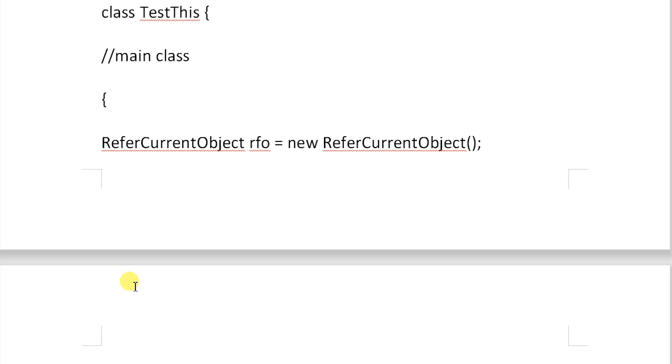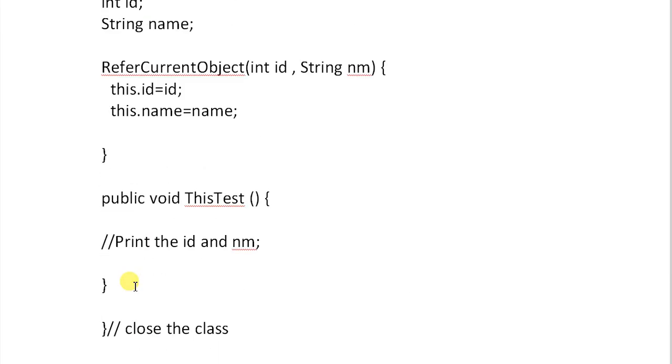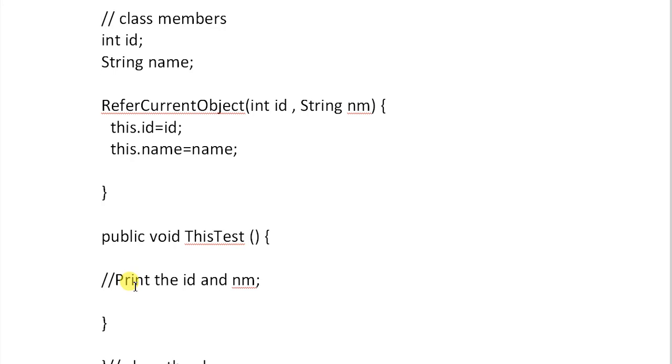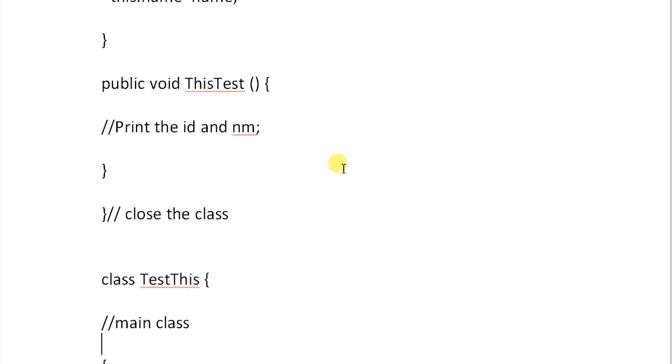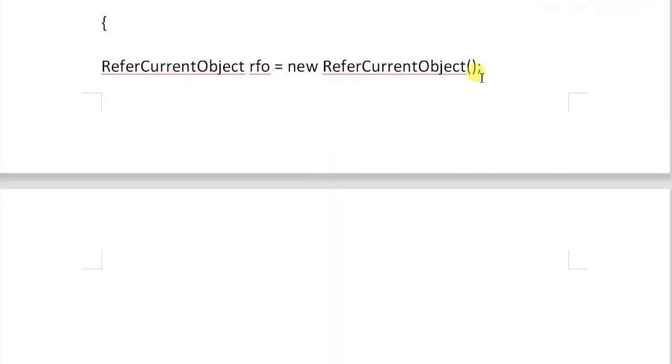Okay, so when we will initialize, we need to take care of the parameterized constructor, because we have used the parameterized constructor over here, where integer id and string name has been mentioned. So for that, we need to come back to the place where we instantiated the class.